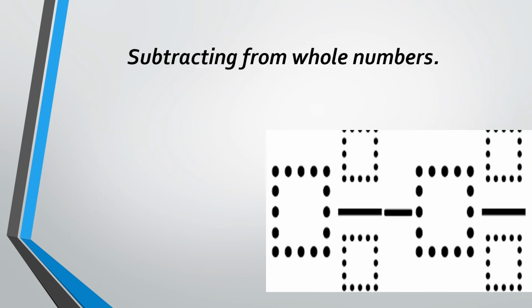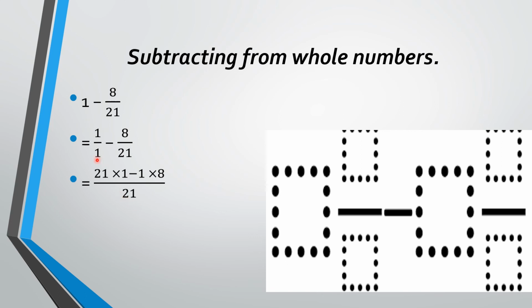Next type of subtraction, subtracting from a whole number. It is very easy. 1 minus 8 by 21. Here you can write this 1 as 1 by 1. Because 1 is a whole number, we can write it as the fraction 1 by 1 minus 8 by 21. And you know that 1 is neither prime nor composite. And here 1 and 21. When we find the LCM of any number with 1, we get that number as the LCM. We will just multiply this. 1 multiplied by 21 equals 21. So 21 is the new LCM. So we will write 21 as the new denominator.